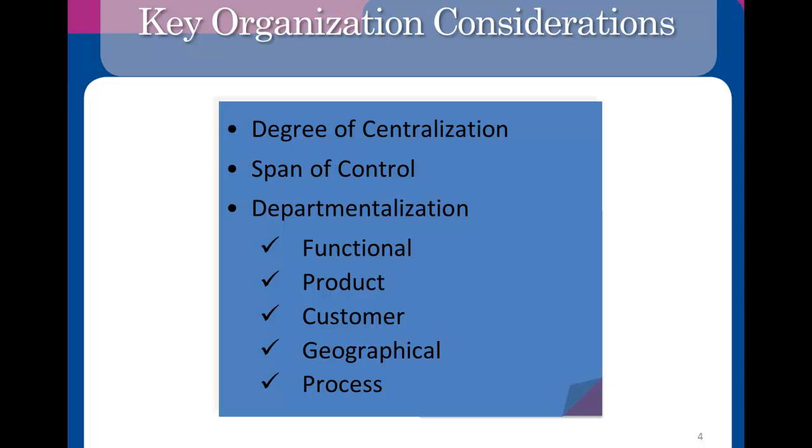get an answer. Now, not only do taller structures result in a delay of information, right? It takes longer to pass information up or down the organizational hierarchy, so to speak. But it also creates a lot of bureaucracy, right? A lot of tall organizations are government organizations. And so they're very, very bureaucratic, very rigid. And it's difficult to get things accomplished because there are so many procedures and policies for every little thing that you do. I can't tell you how many different forms we have here at the college in order just to get one thing done. It seems to be a form or at least two for every single thing that can be accomplished. And so that type of bureaucracy obviously makes it more difficult to be nimble and to make decisions much more